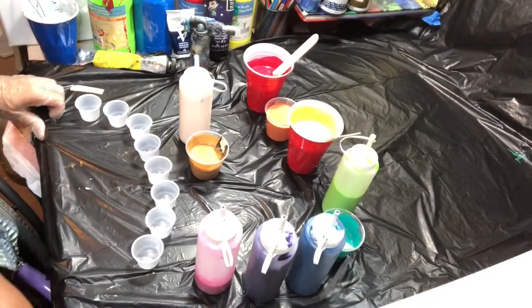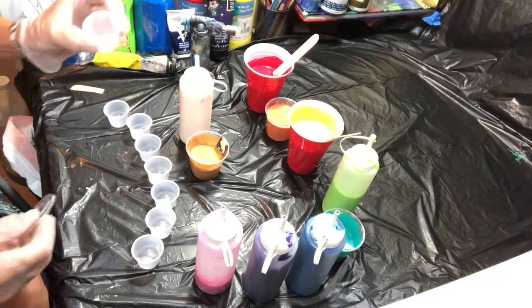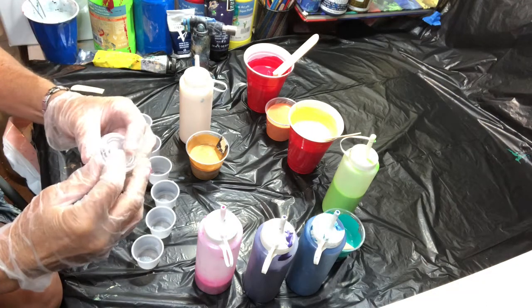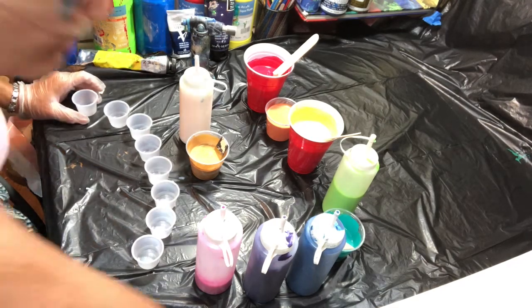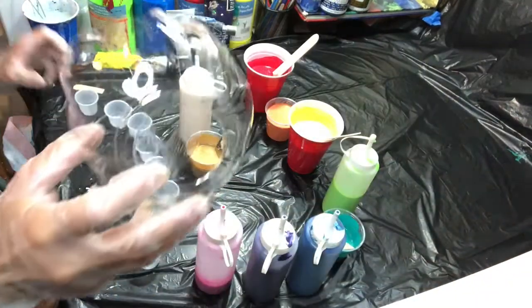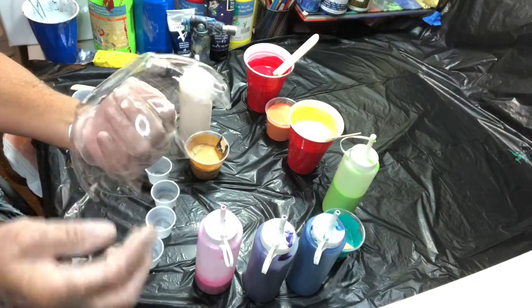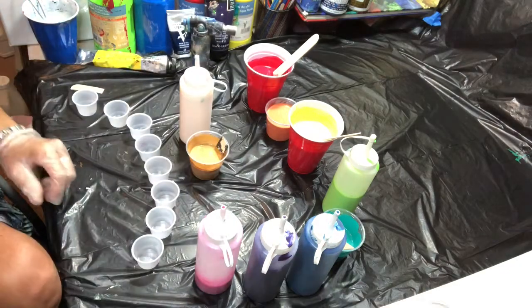Okay, so we're going to be using these 1-ounce containers, and this is the lid for it. If you have any leftovers, you can save them. And we're going to be pouring it down this. It's very hard to see, but there's 8 sections, and it's been scalloped so that the paint can go on